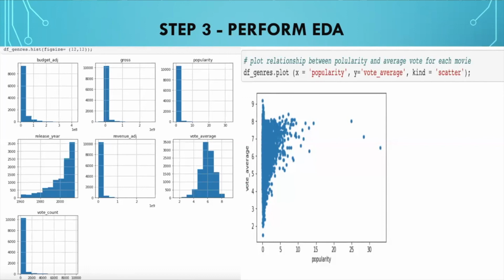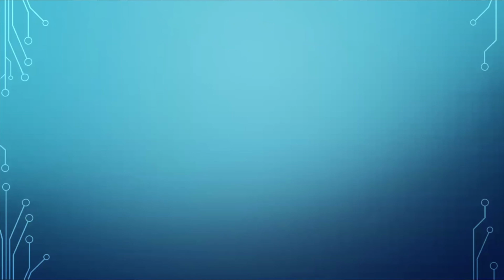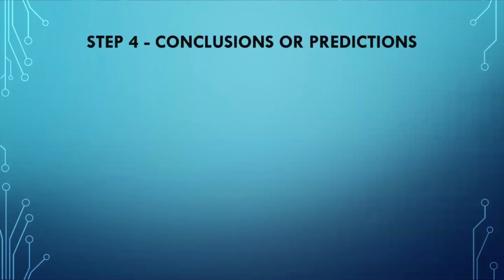However, you will often revisit previous steps. For example, you may discover new problems and go back to rewrangle. In this way, you can significantly increase the quality of your data and the analysis. After you have done the EDA, you want to draw conclusions or even make predictions. For example, from the analysis above, based on the trend of movie popularity and profitability, if you want to produce or invest in a movie, adventure or fantasy movies are solid choices for you.